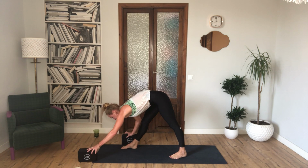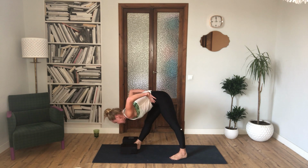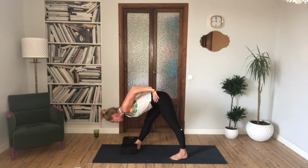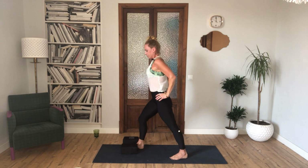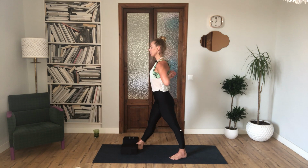Grab your blocks. Have a block either side of the front foot. Hands on the hips. Squeeze your elbow heads in. Inhale, rise. Inhale, take both arms wide. Rotate the palms. Option 1, fist to fist. Option 2, elbow to hand to elbow. Option 3, reverse namaste,